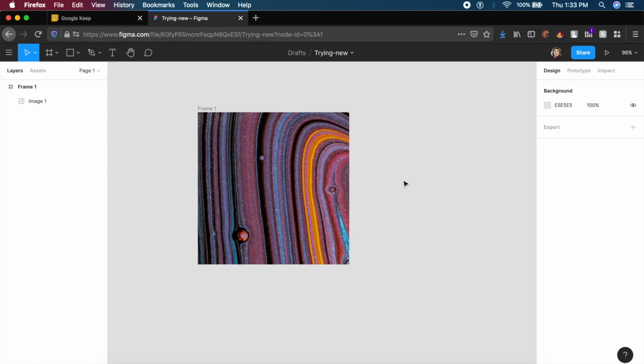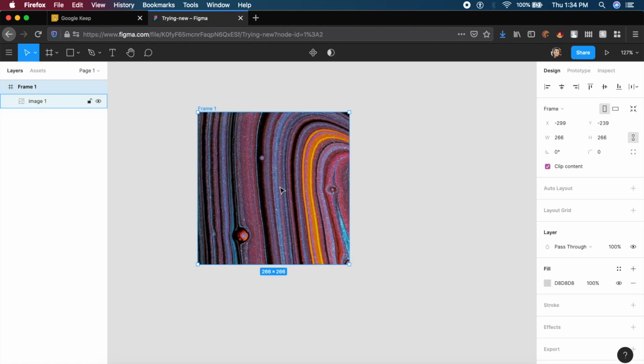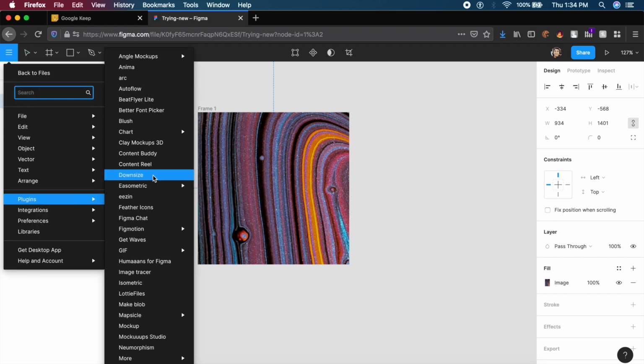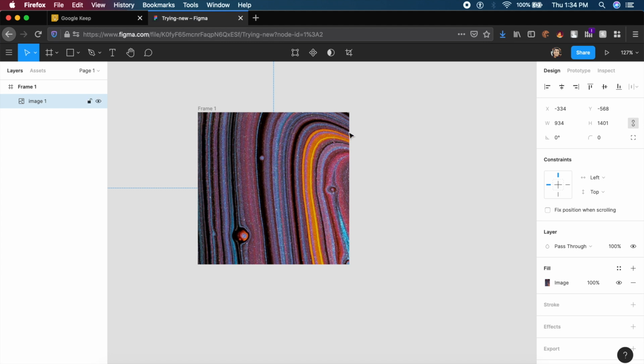So there is this really heavy and big image I've copied from Unsplash. This plugin is called Downsize, and this is one of the only plugins on Figma that does this. I can always change the quality. So in this case, it is a percentage. So anywhere between 10 and 100, I'll change it to 10 and you'll see a little bit of difference. I'll also change it to a JPEG since JPEG can be compressed to a higher value.